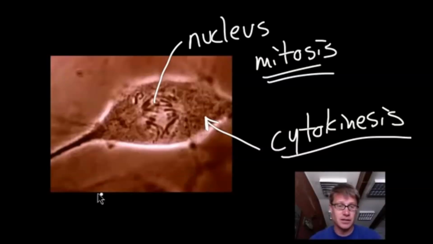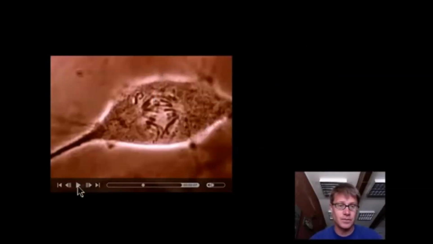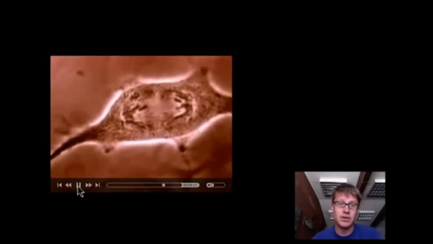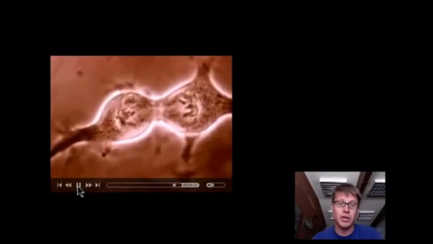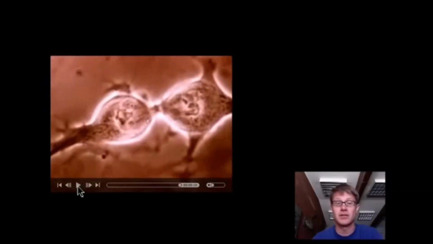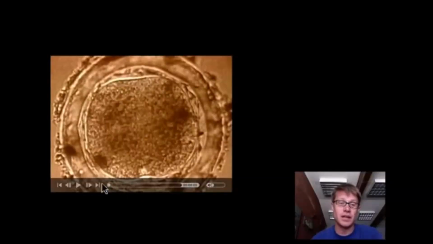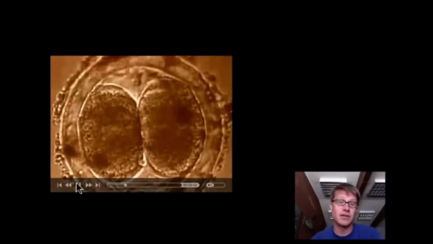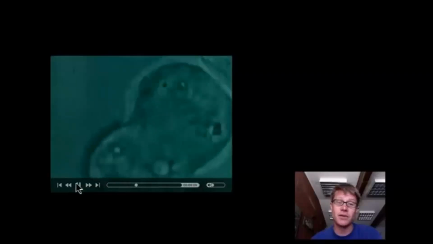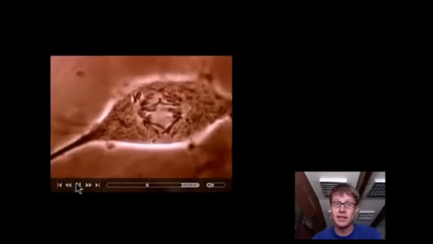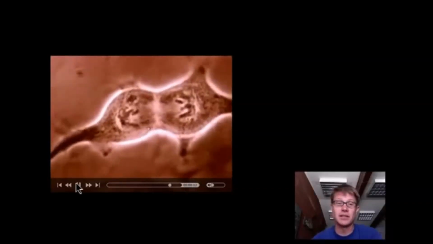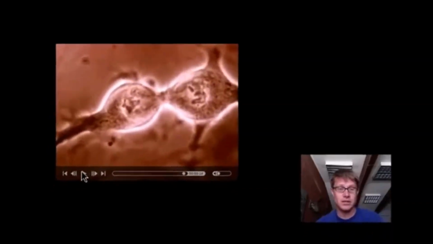And so let me see if I can start that up. First, we have the division of the nucleus. You can see the chromosomes pulling apart, and then you have cytokinesis, or the division of the cell itself. And so all mitosis is one cell forming two cells, and those two cells are identical to that first cell. And that's how we go from that first fertilized egg inside us to the trillions of cells that we have inside an adult body. So when you're replacing cells in your body, you're doing it through mitosis.